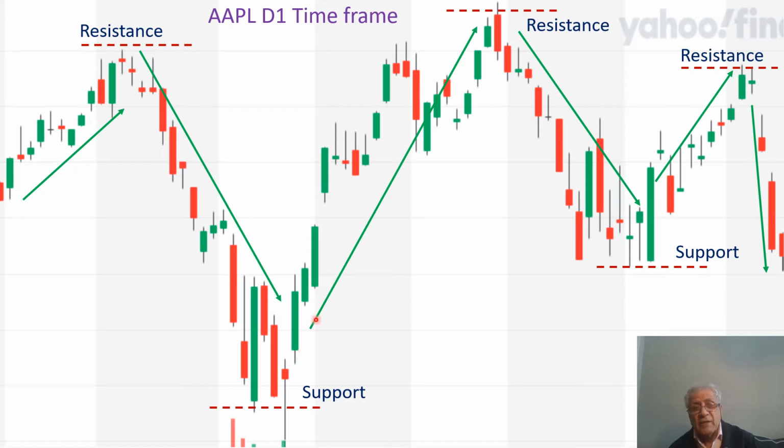So the trend goes upward, but as soon as the next candle forms, you can enter the market here,